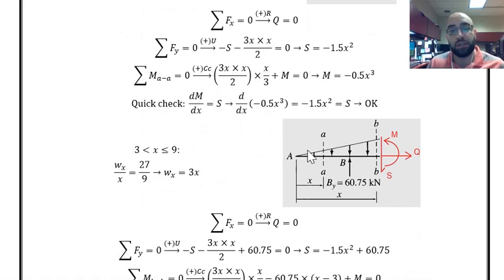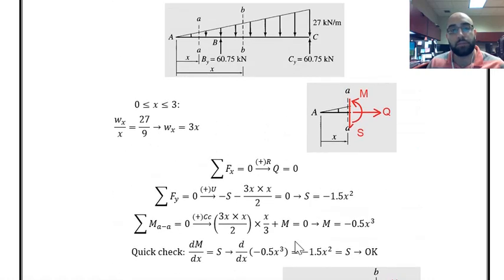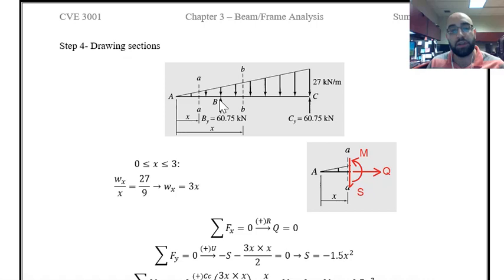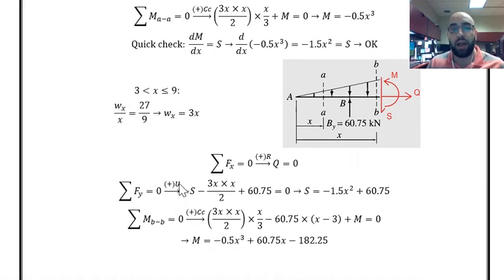This is the section, this is the loading. Again, based on the conventions, I applied shear force, bending moment, and Q over axial load. Now this time X is in the domain of 3 to 9, 3 meter or point B to 9 or point C, the end of the beam. The intensity of the loading at the section based on similar triangles is 3x, and we have to write the